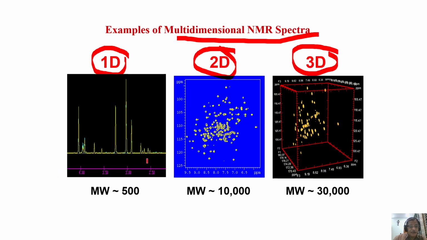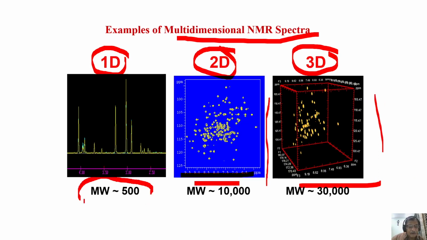In the one-dimensional spectrum, we have a frequency domain in this axis, the chemical shift, and only peaks here. In the 2-dimension, you can have one frequency domain here and another frequency domain here. In 3 dimensions, one here, and one in this direction. And see, something is written here.